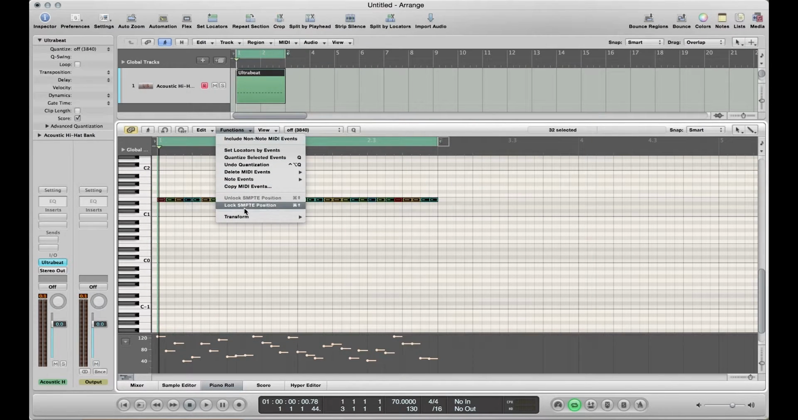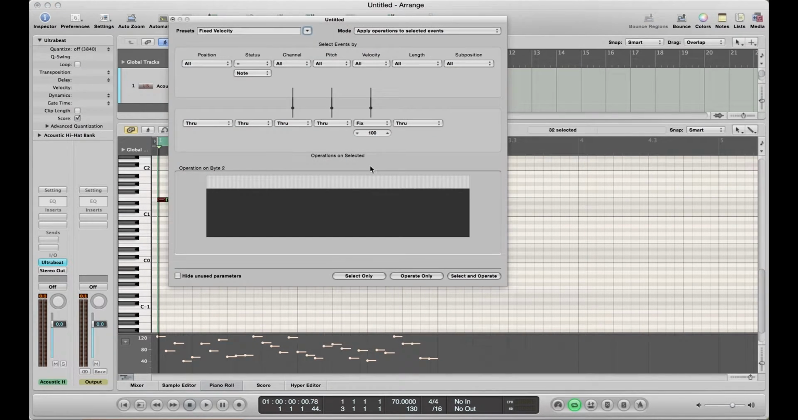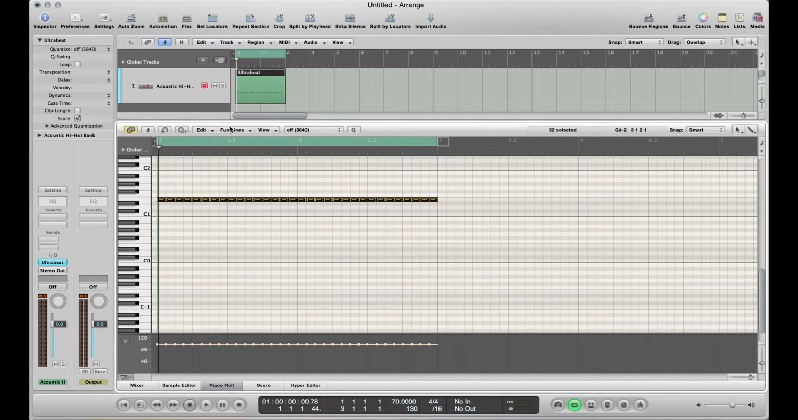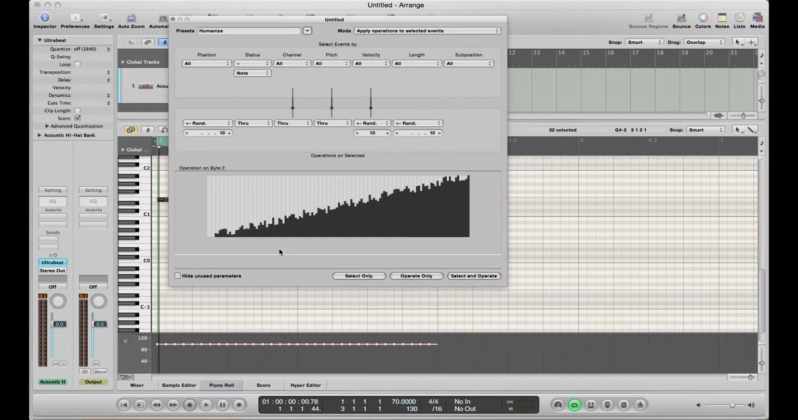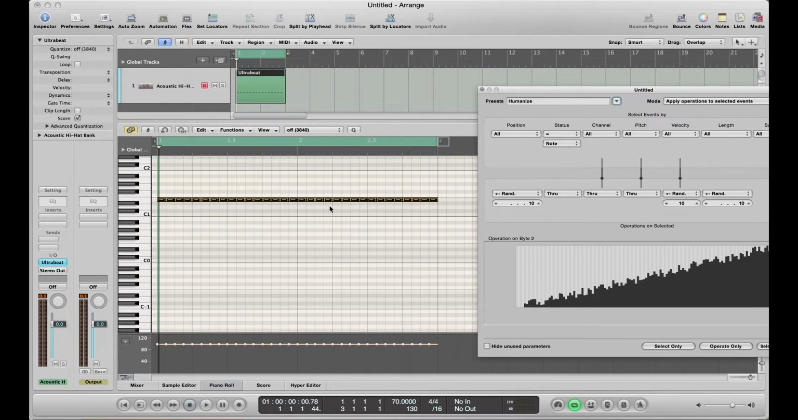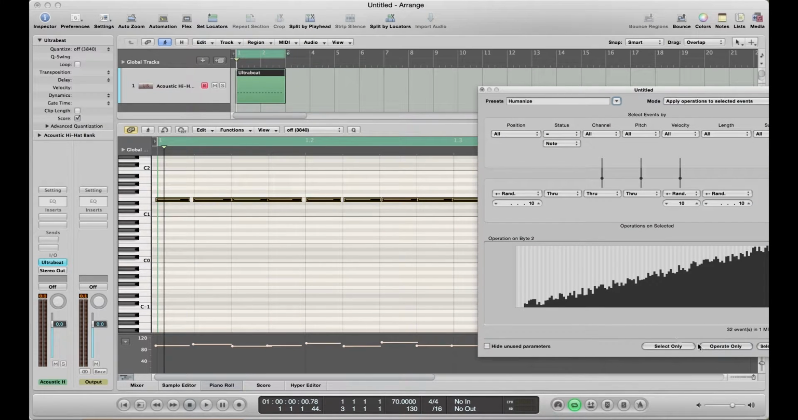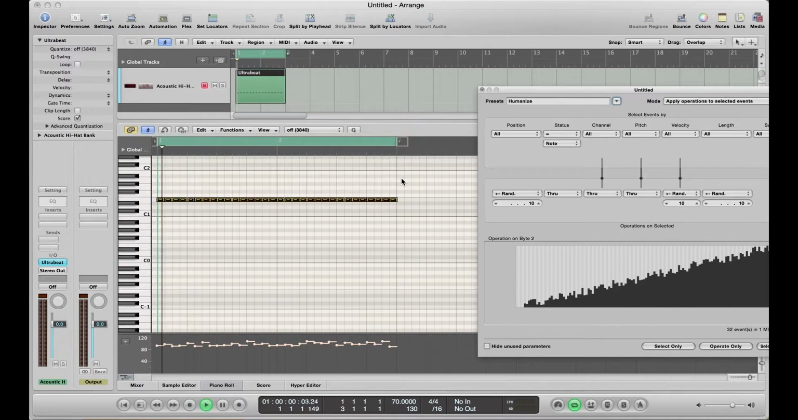I'll show you that again. This one's fixed velocities, so operate just sets every velocity at 100. If we go back to humanize and do this again, you'll see if I hit operate, it's ever so slightly changing the velocity, and it's also changing the note length, but it's almost giving a swing quantise. So now if I hit play on that,